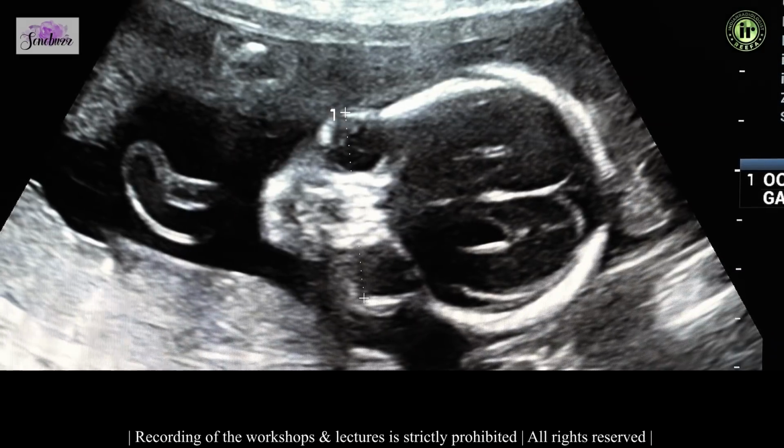Orbits are scanned in the coronal section. As you can see here, these are both the orbits. A quick way of knowing whether they are normal or not, without measuring, is that one more orbit will fit between the two orbits. So the orbital diameter and the interorbital distance will all be the same. If you want to really scan for the orbital distance, this is the measurement taken for outer to outer orbital distance, and it corresponds to 23 weeks 6 days, which is a normal position of the orbits.